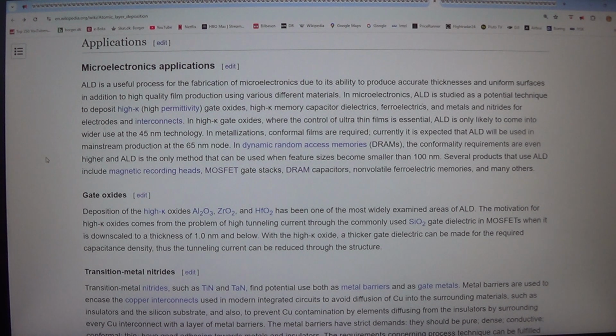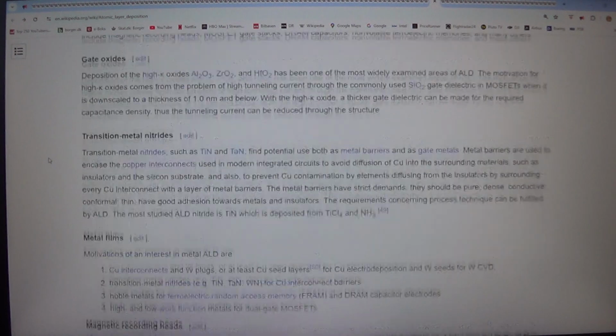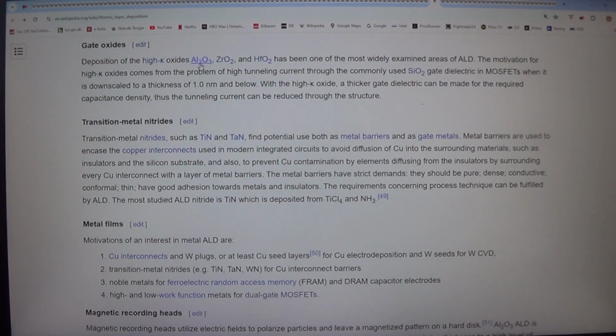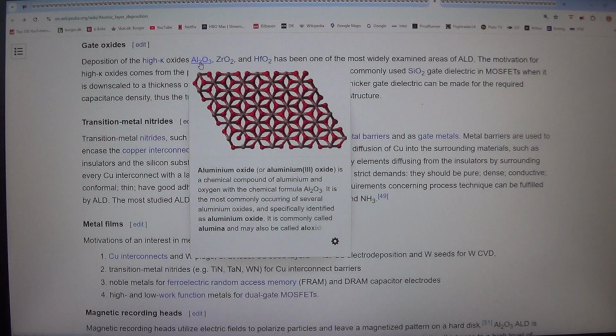Several products that use ALD include magnetic recording heads, MOSFET gate stacks, DRAM capacitors, non-volatile ferroelectric memories, and many others. Gate oxides. Deposition of the high-k oxides Al2O3, ZrO2, and HfO2 has been one of the most widely examined